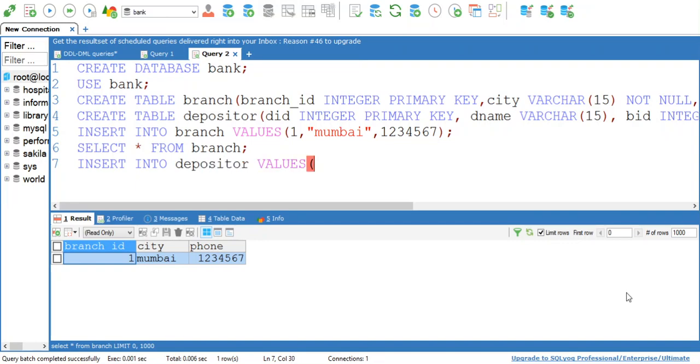values. First is depositor ID, second is what? Depositor name, third is branch ID. Suppose branch ID is 1, and next is balance.